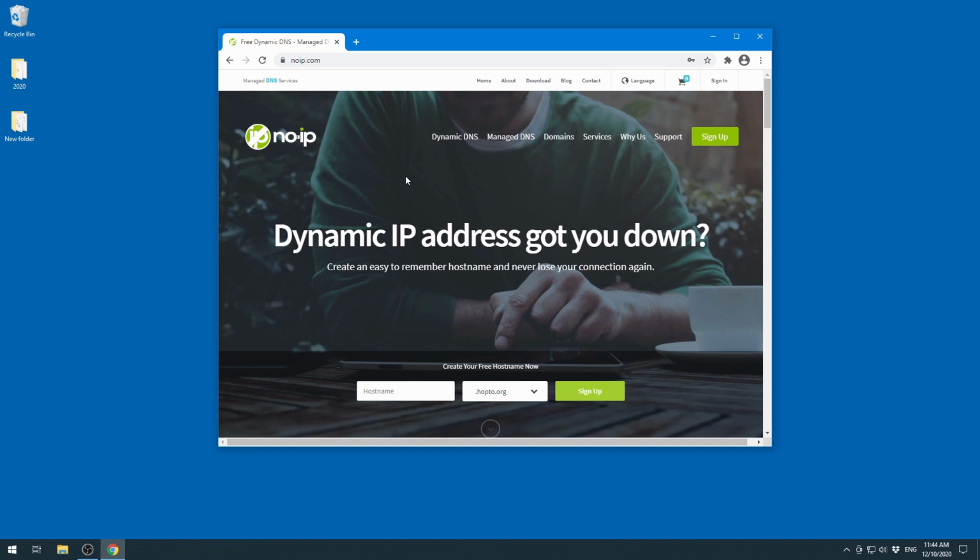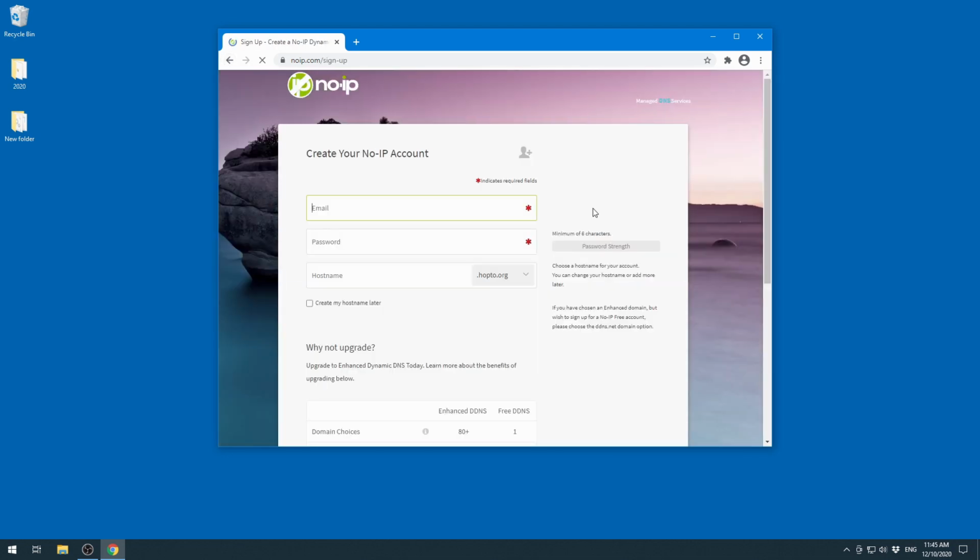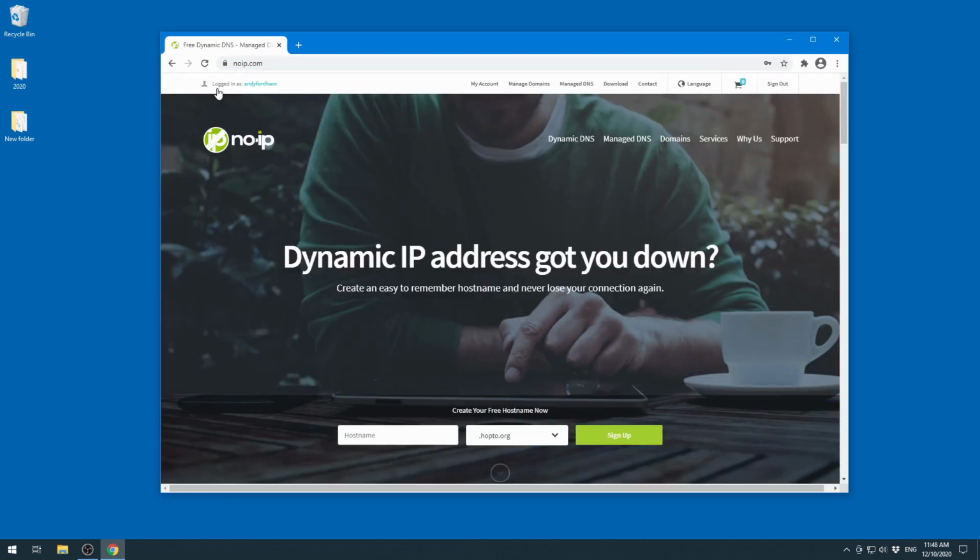And with an account you can forward a domain to your IP address. So the first thing to do would be to register and just sign up, create your NoIP account. Once you've logged in and registered onto the web page, you can have a look at your managed DNS. These are the addresses that you've assigned to an IP. So here, if we go to My Account,